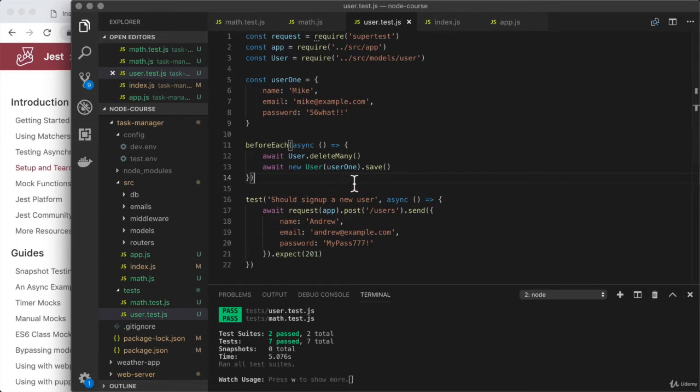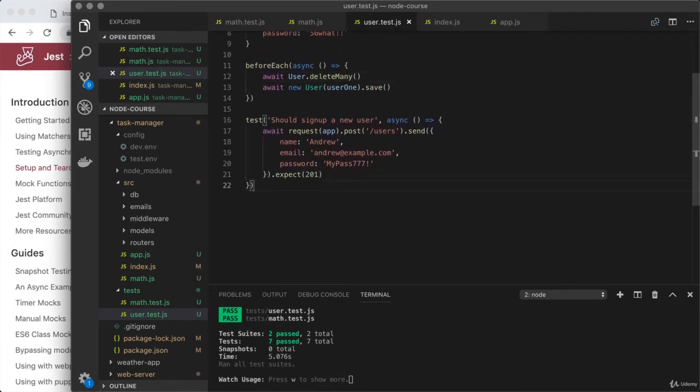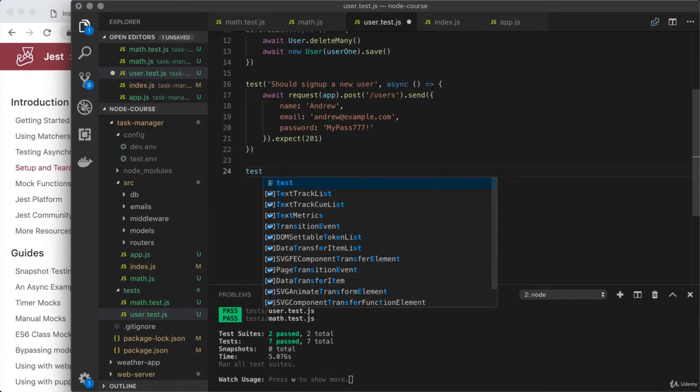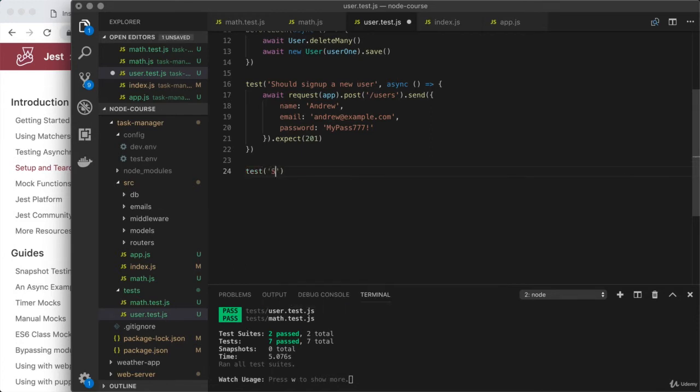Now, the whole point of having this test data in the database is to test those other endpoints, like the ability to log in, and that is exactly what we're going to do down below. Now, don't worry, we will expand on our test cases such as this one once we learn more about Jest, but we're going to go one step at a time so we can keep all of this actually comprehensible. Right here, what we're going to do is call the test function once again. We're going to pass to it the name of our test, something along the lines of should log in existing user. Then we'll set up our async function,